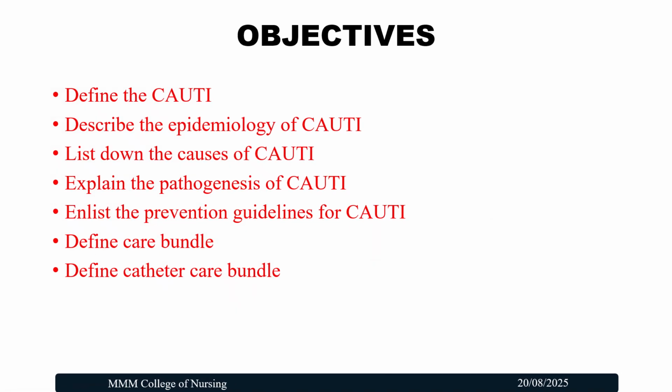Understand specific objectives of this topic. At the end of the class, students will be able to define CAUTI, describe the epidemiology of CAUTI, list down the causes of CAUTI, explain the pathogenesis of CAUTI, enlist the prevention guidelines for CAUTI, and define the care bundle, define catheter care bundle,